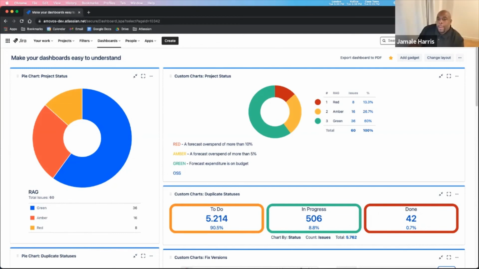What features do we have to support Advanced Roadmaps Premium? Yeah. So we support the team field right out of the box, I think, the big one that folks are looking for. So you can pull Advanced Roadmaps teams on here. We can also report on whatever estimation statistic you're using in Advanced Roadmaps. Most of the information on Advanced Roadmaps is also just in Jira as well. So I think the answer is pretty much all of it,